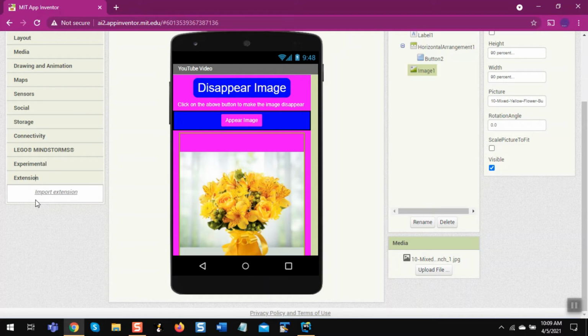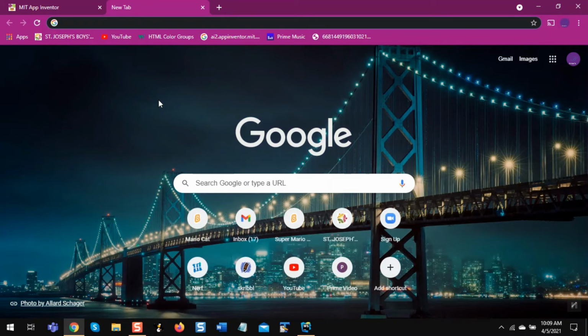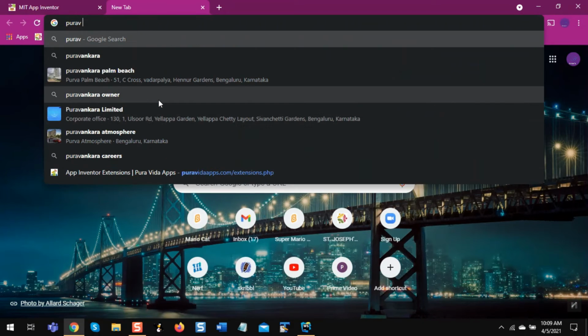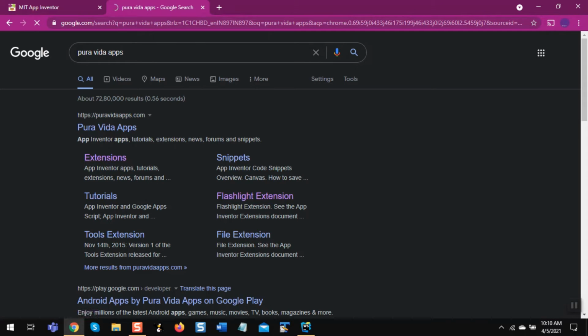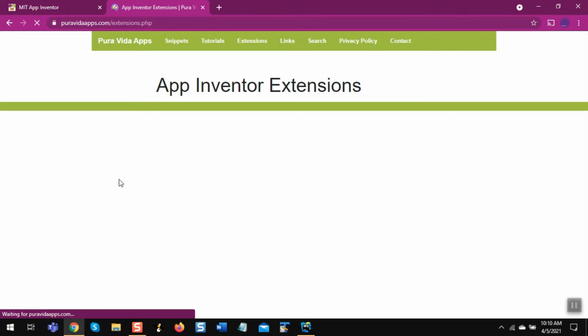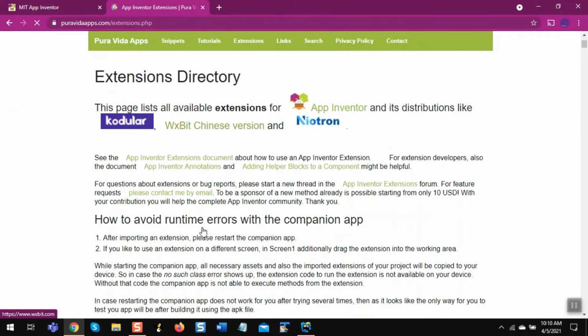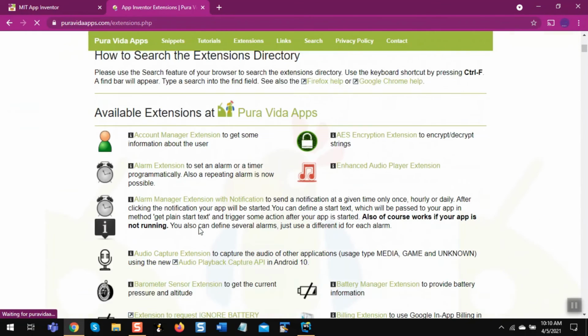And then there is this extension, this is a little important one, so I'm going to give you a demo. Go and open a new browser window and type Pura Vida Apps, and it will come on this screen. Click on extensions, and then I'm going to show you a very small extension,